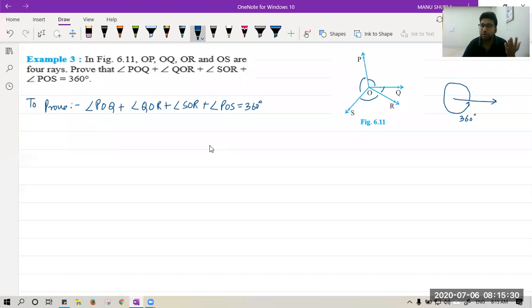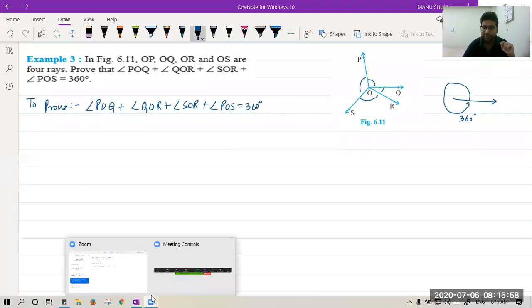But this time they want you to prove this thing. And you know what? Right now, there is nothing that can help you to prove this. You have to go for the construction of this question because you have to use the linear pair of angles property. But in this diagram there is no straight line. Can you observe? Can you tell me, is there any straight line in the diagram?